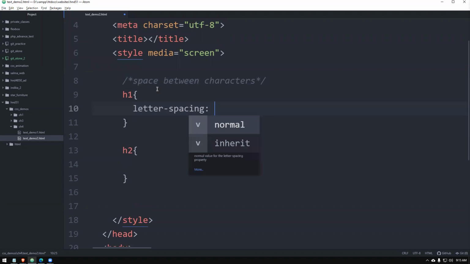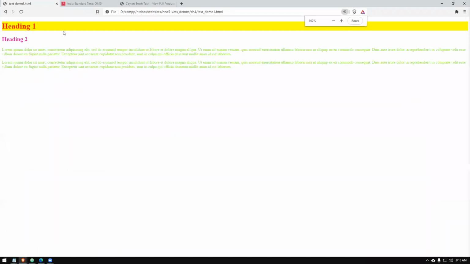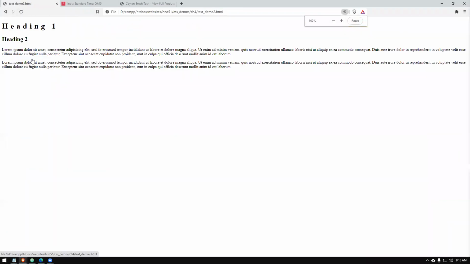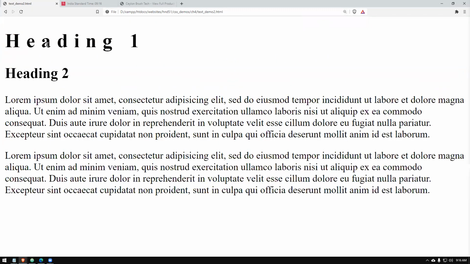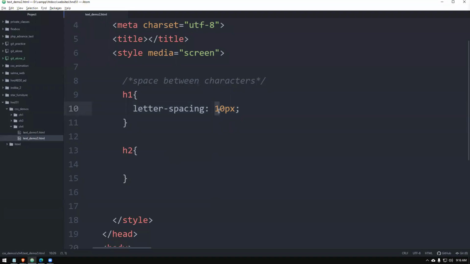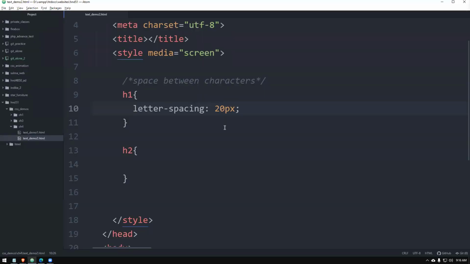There's a property called letter spacing, right? So the letter spacing, we're going to specify a value in pixels. For example, let's give 10 pixels. And when I reload the page, closely observe this is the example. I think it's visible enough for you. There's plenty of space between the letters. Now watch this. If we increase this to 20, it will be even more. There you go. It's like that now. So that is possible. Okay.